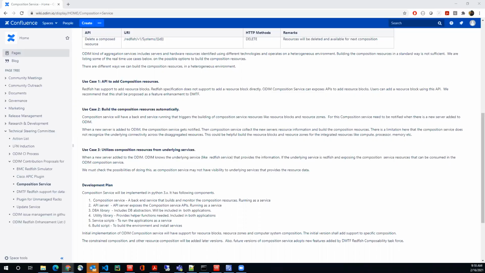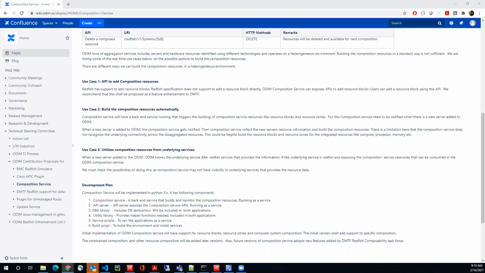Yeah, I was wondering, we have the unmanaged rack plugin, right? The unmanaged rack plugin would have the collection of chassis, which essentially shows you all of the resources that are inside a rack, so the compute, the storage, the top of rack switching. So there is a grouping within ODIM of common resources within a rack. I just wonder if there's a way of being able to.